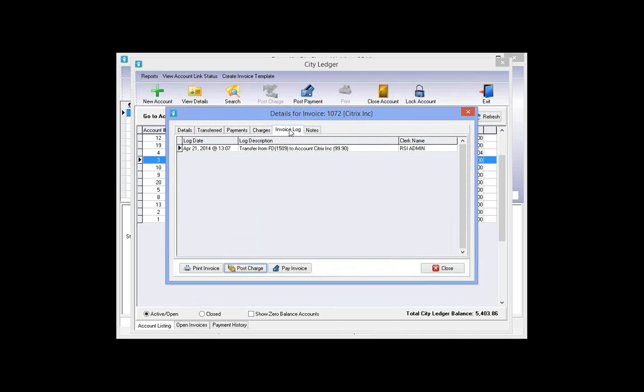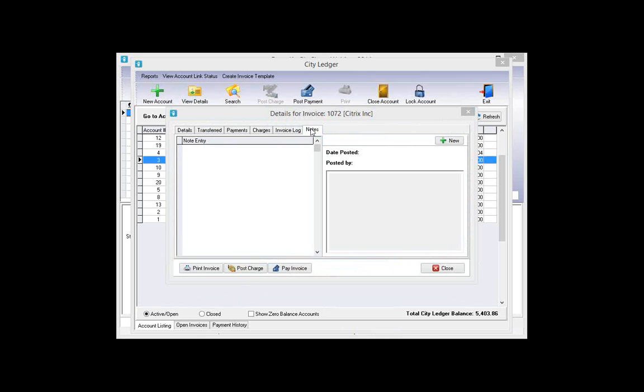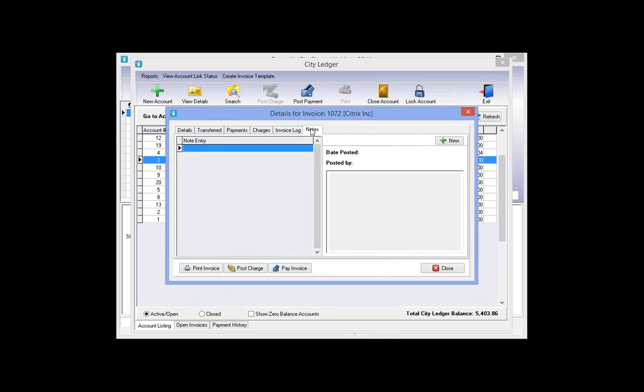The Invoice Log shows anything we've done. Here we can see this was the transfer that was done, the date that was done, and the clerk who actually did the transfer. The notes do not show up on the invoice or the statement, they strictly show on this screen. So I could do things like